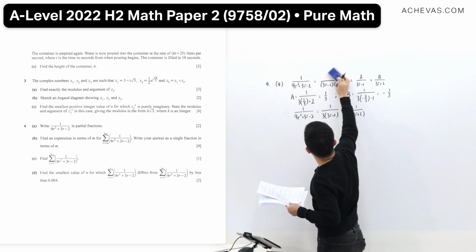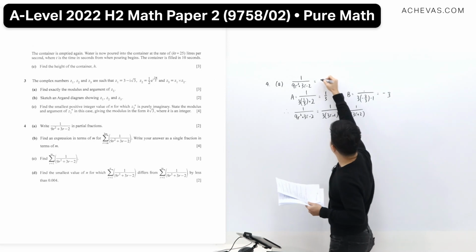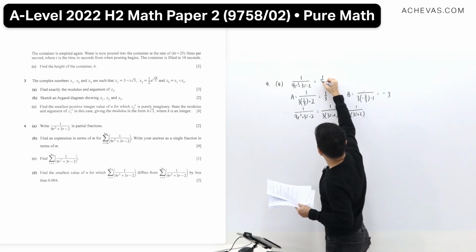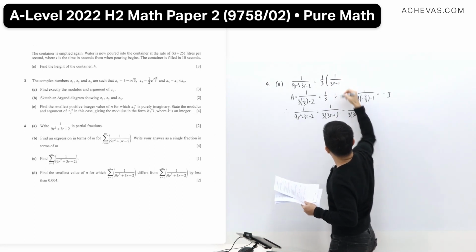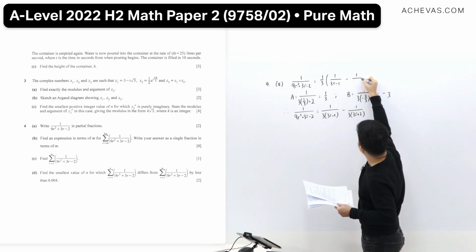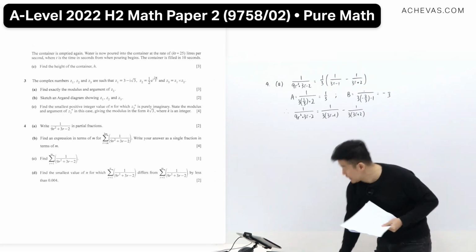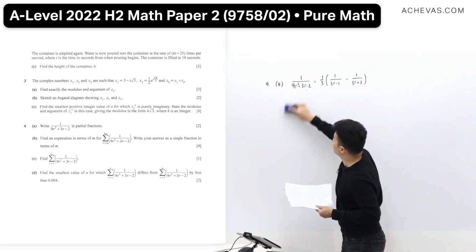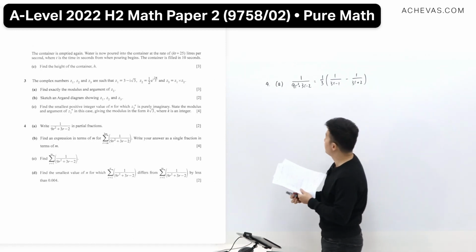So from part A, we have found out that this is equal to this expression over here. I might as well just factorize out 1 over 3, which will be giving us 1 over 3r minus 1 minus 1 over 3r plus 2. Okay, we have this over here. Now I can erase this, which is from the partial fraction that we have just done. And I'm going to try to find for part B,